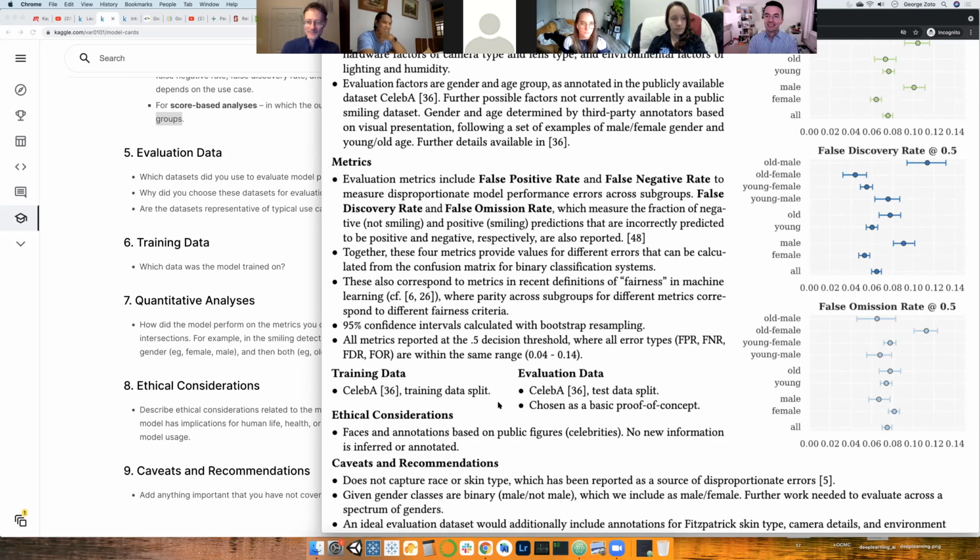Got it. That's true. I think I missed this point, but does it say when these are necessary? Or when these are recommended, I mean? You mean this breakdown? No, like when you should do a model card. Oh,